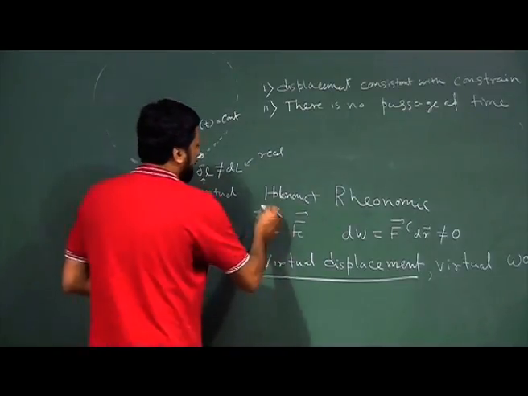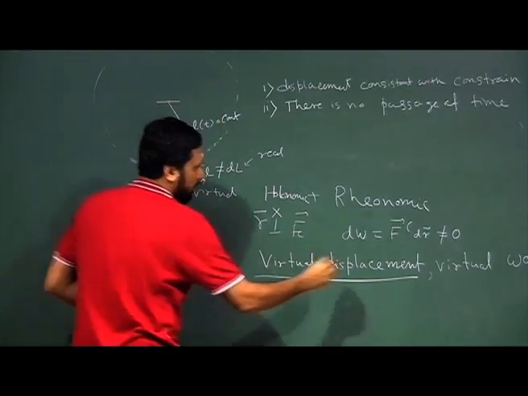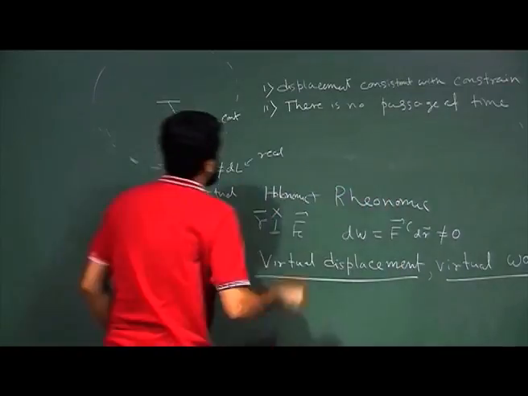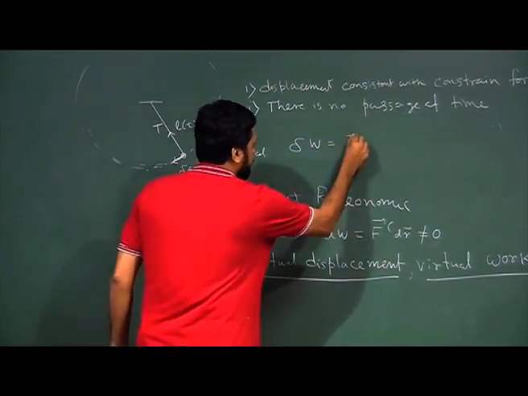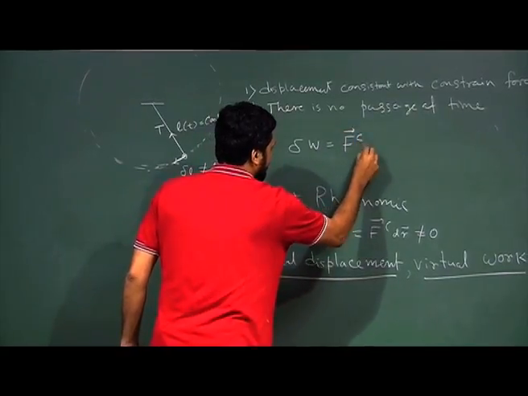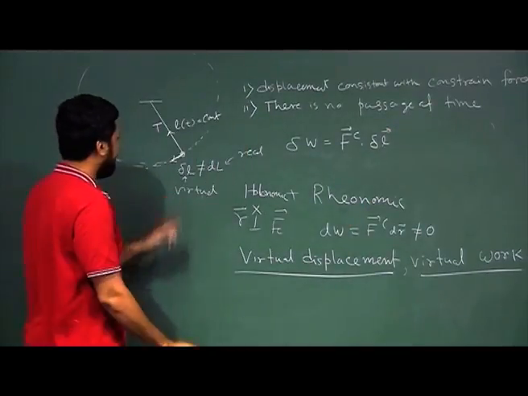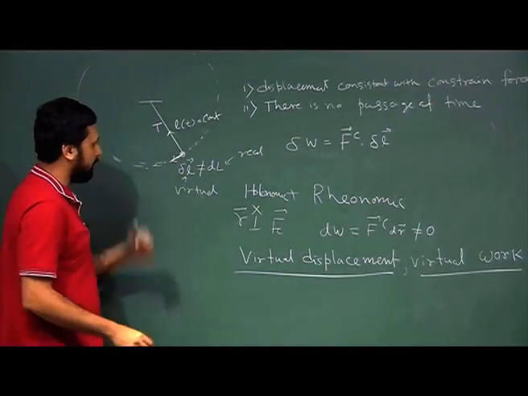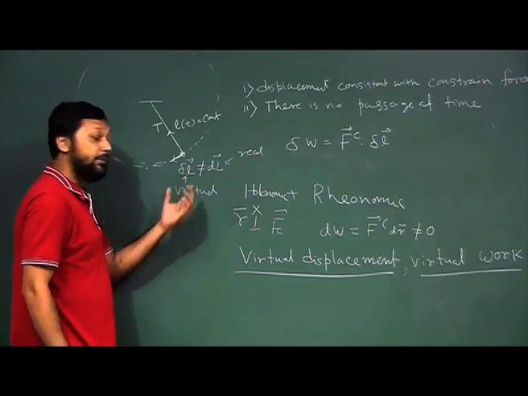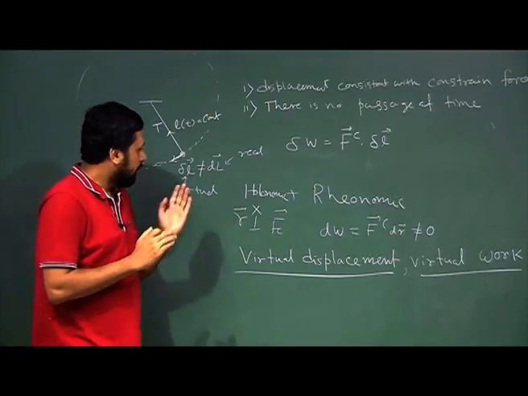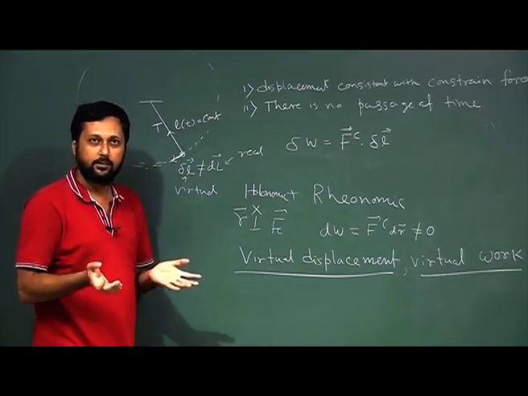So, if we try to calculate the work done for this system, which is called the virtual work, it is given by once again delta W, which is F_c dot delta L. What is the direction? By the way, these are vector quantities, delta L and dL. Could be vector, could be scalar, because we can also break it into components. Every vector in the 3D world has 3 components.